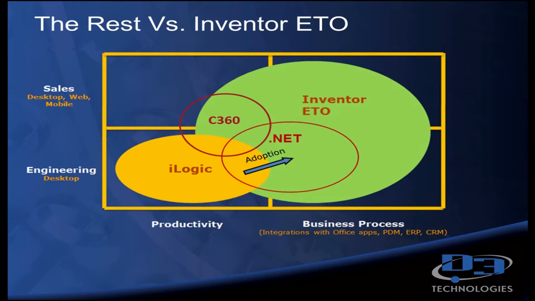So I've got this image here. This is something that I show oftentimes to help people visualize where the footprint of these solutions exists. If you recall, a while ago I said, for the CAD designer or engineer who has CAD on their station and iLogic and is trying to configure something real quickly, you're really at the productivity stage, at the root cause, in engineering at their desktop. You're not really going up the stack, as you see where sales might have a desktop or web